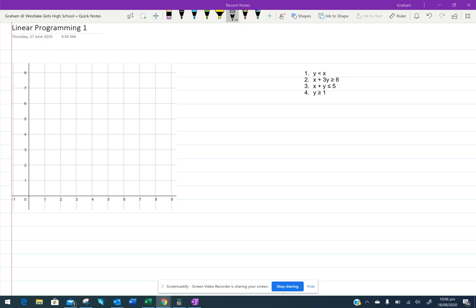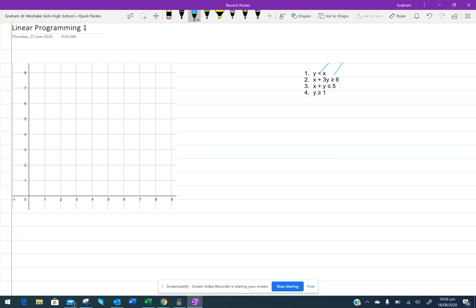Okay, so in this video in linear programming, we've moved beyond the idea of drawing straight lines. We're now going to start looking at inequations. So for an inequation, I must have either a less than, a greater than or equal to, a less than or equal to, or a greater than. So I've got some of these,